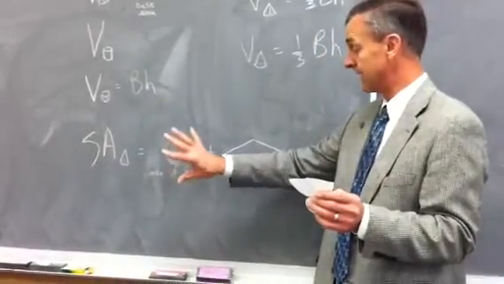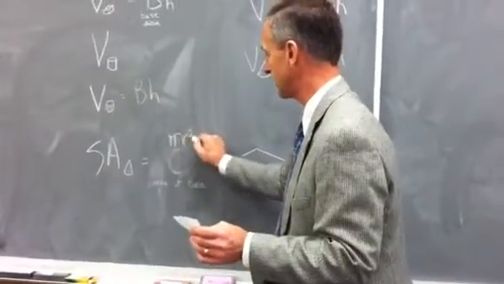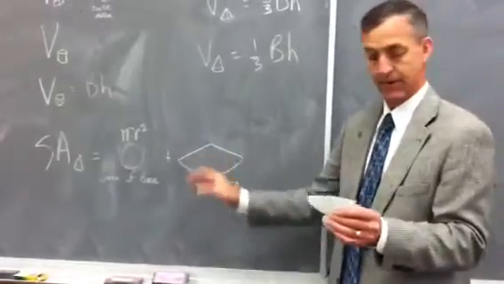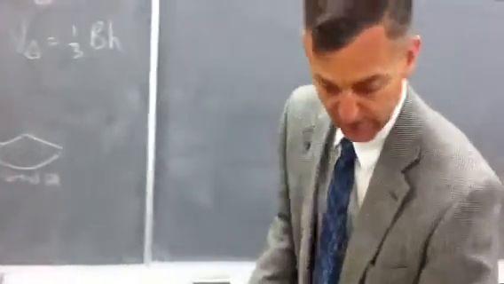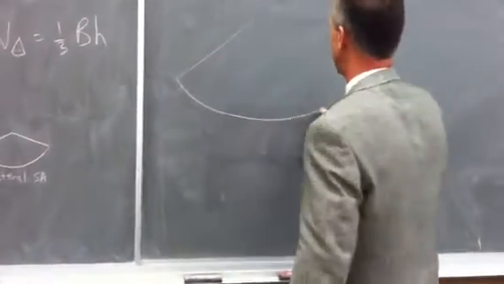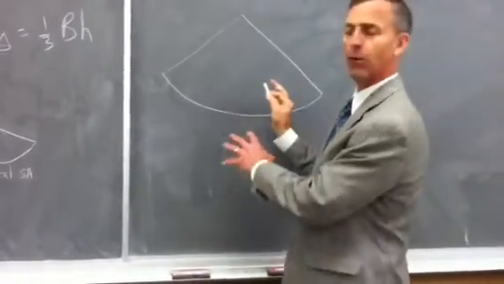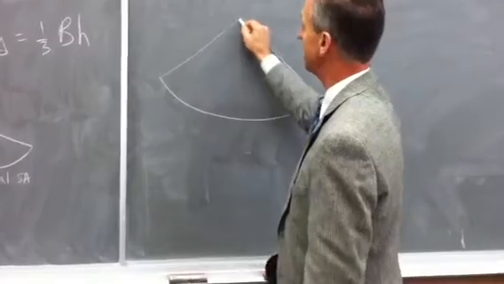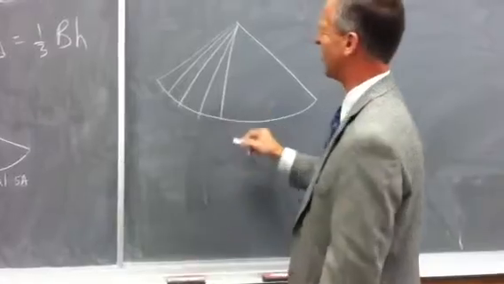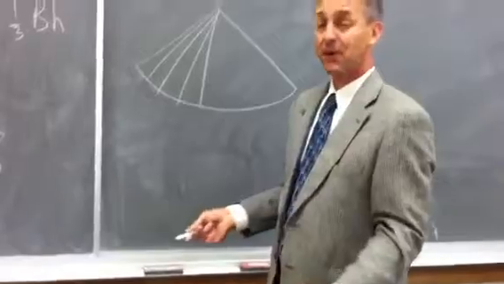and we're going to find that it's the area of the base, which we already know is pi r squared. And then we're going to find out how to do the lateral surface area, this area right here. Okay, so if we draw a lateral surface area of a given cone, we don't have a formula for this shape. But if I divide it up into other shapes, it almost looks like these shapes are something that we know. It looks very close to a